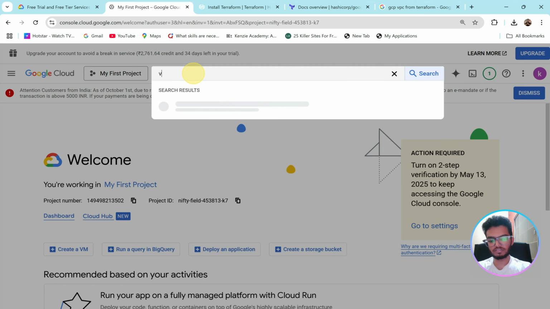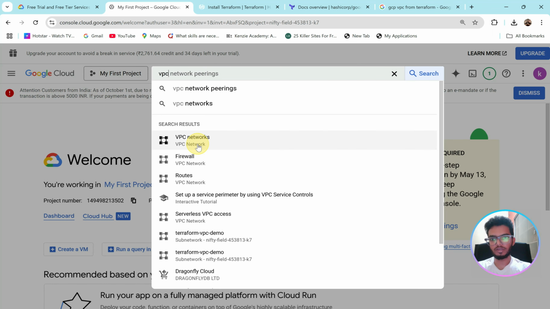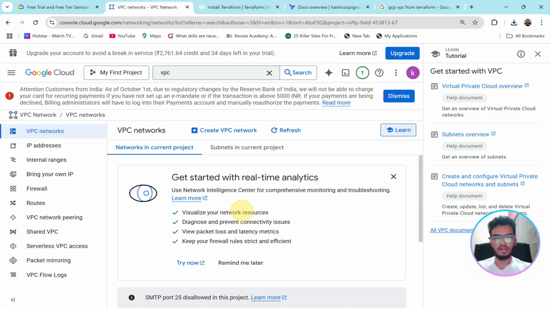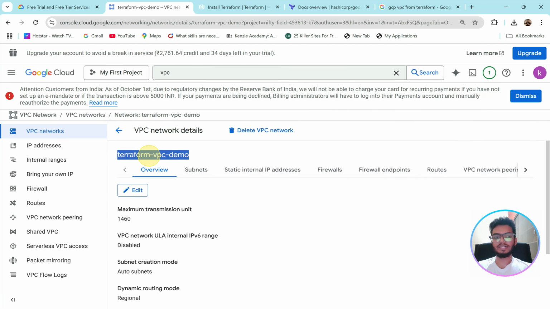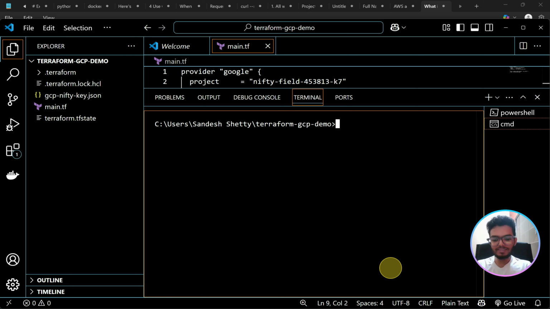And then in GCP, you can search for a VPC. You can click on VPC networks. And if I scroll down here, you can see Terraform VPC demo here. So this is the VPC network that is created from our Terraform. So that's it. And if you want to delete this resource, you can run Terraform